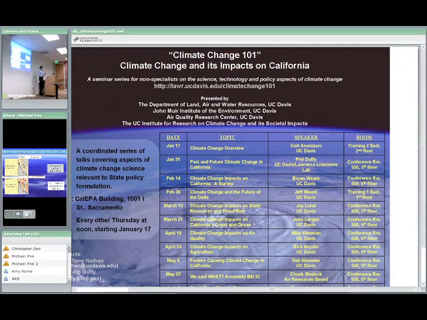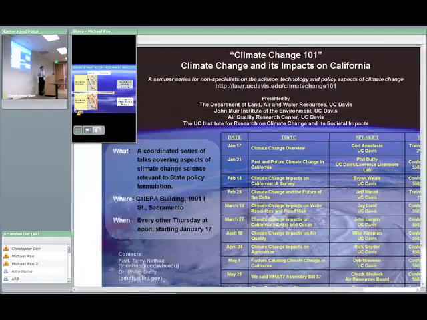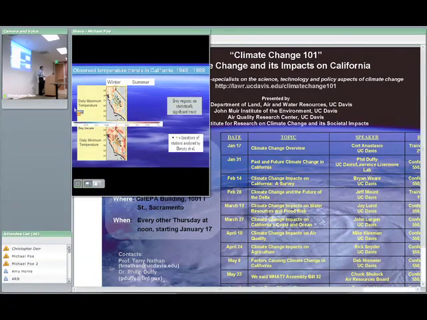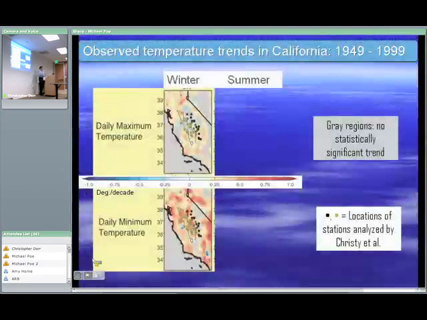And the reason is that temperature is, for one thing, a very well-observed variable, and for another thing, temperature, of course, has societal impact. The other quantity that's very important is precipitation. Unfortunately, precipitation is really harder to analyze because, as you know, if you've lived here for more than a few years, there's tremendous natural variability in precipitation amounts from month to month and year to year. I mean, this month was tremendously wet. Last month was tremendously dry.